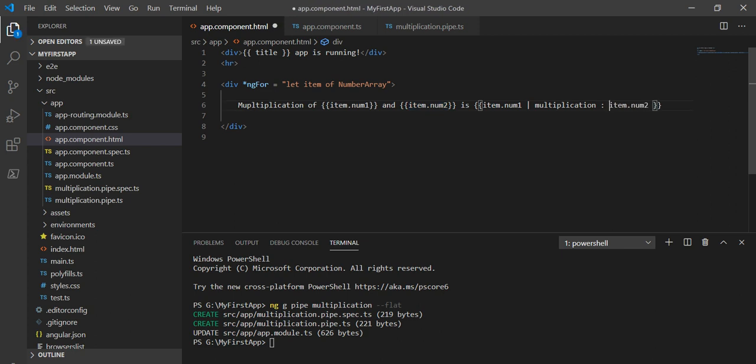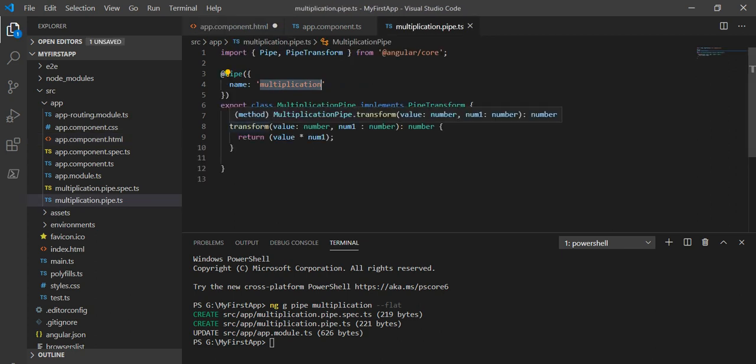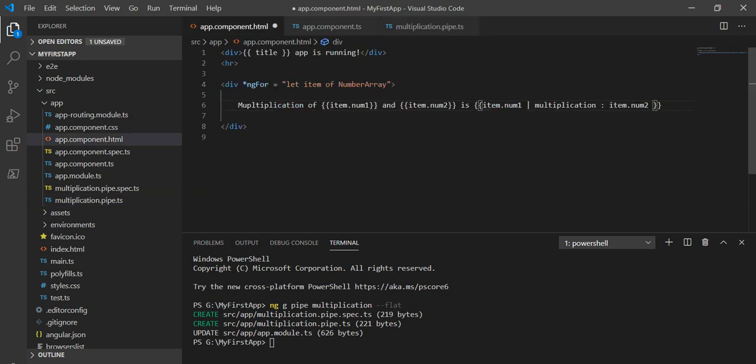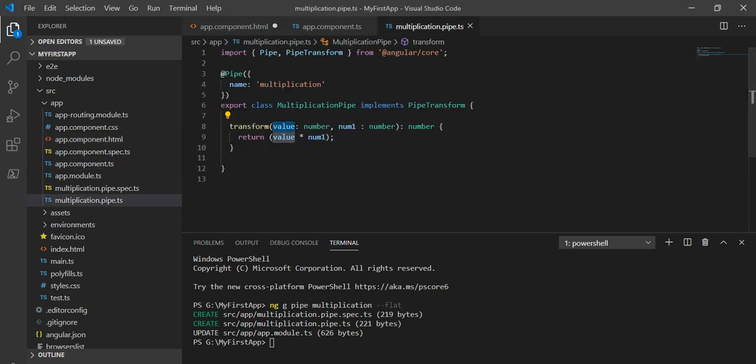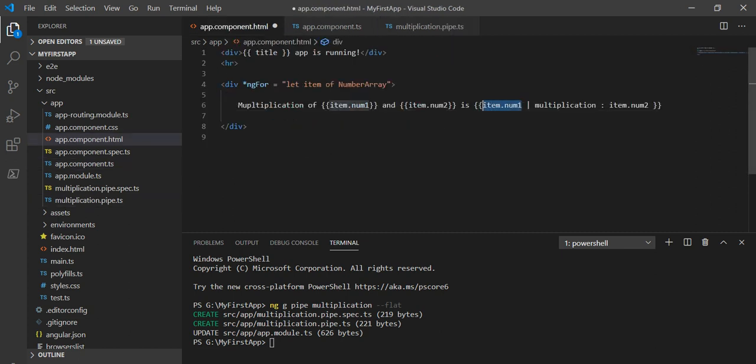When we see this multiplication pipe, it takes the value before the pipe as the first parameter, and the next parameter is num1. So the value written before the pipe is taken first, and then for the next parameter we use our pipe name, then a colon, and then the parameter which we are going to pass.